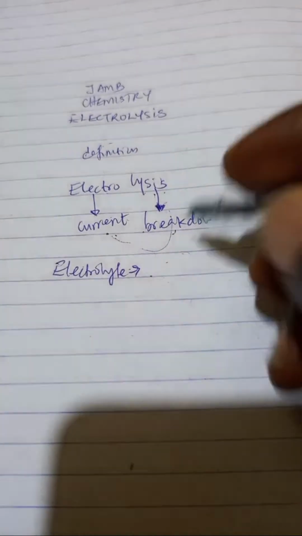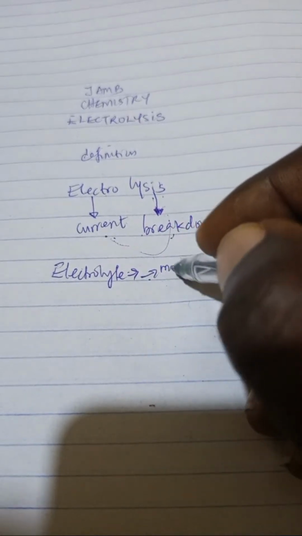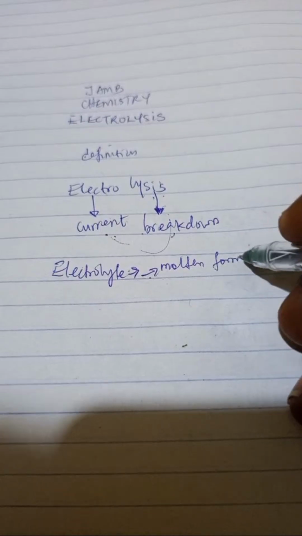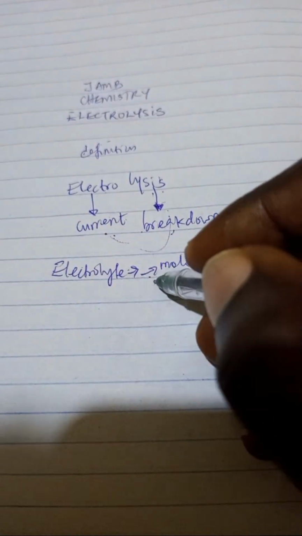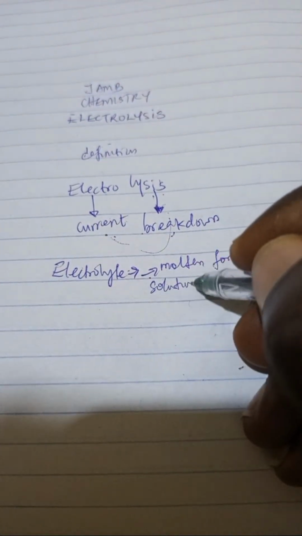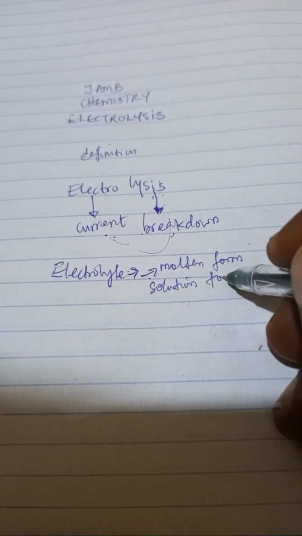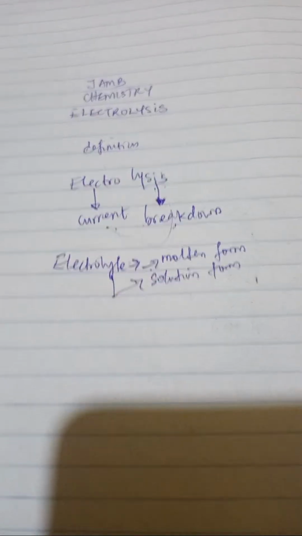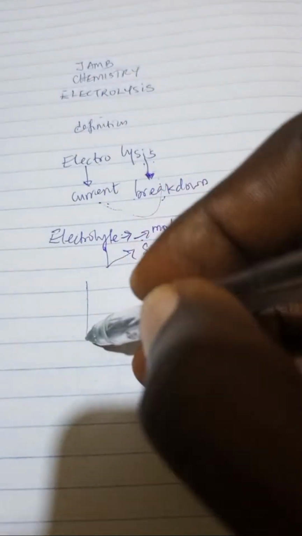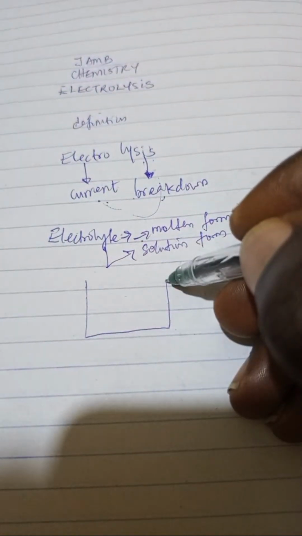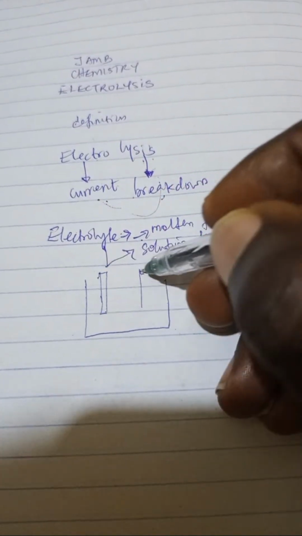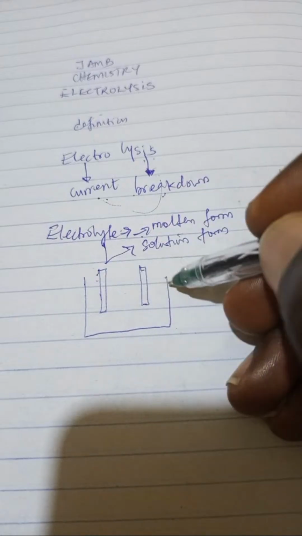Any compound that is able to conduct electricity in those forms is called an electrolyte. This electrolyte will be placed in a bath, like a bathtub. Then you have two rods coming in. These two rods will be connected to